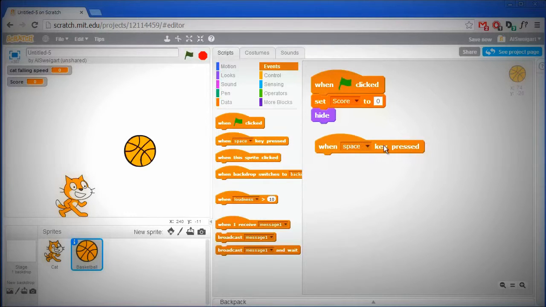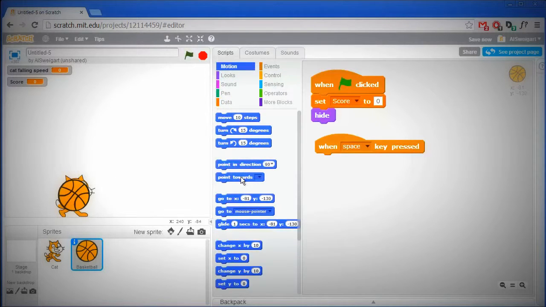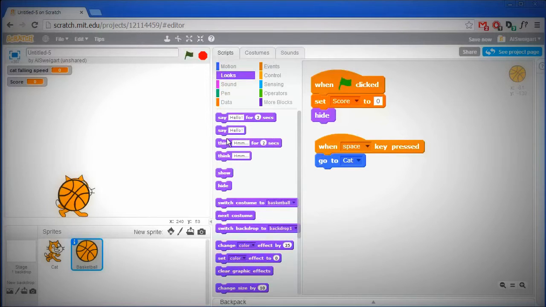So grab that When Space Key Pressed block. First we want to go to the cat. So remember, the basketball's still hidden, but we can still move it around. So go to the dark blue motion category, grab this Go To block, and click on the black triangle to move it to the cat. And then we'll click on Looks to show the basketball,